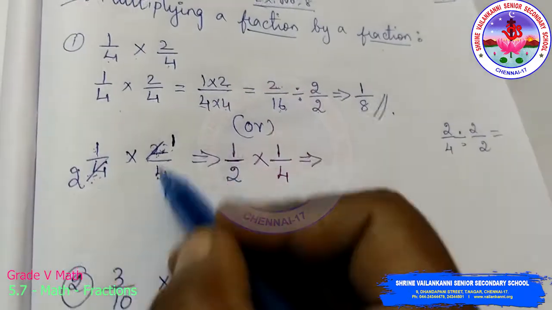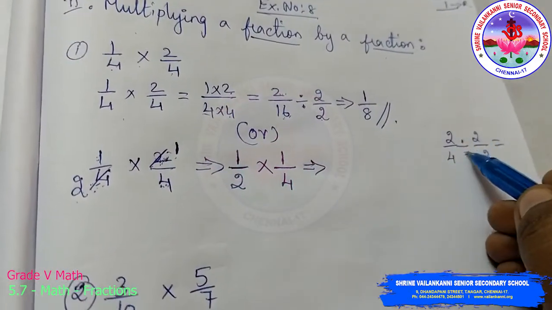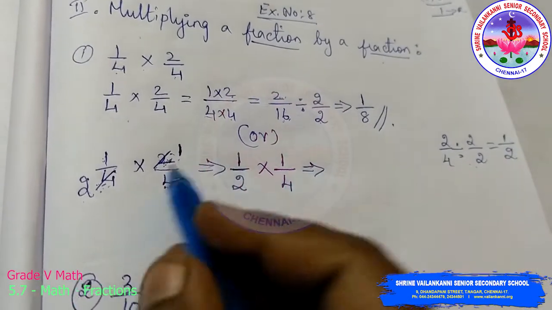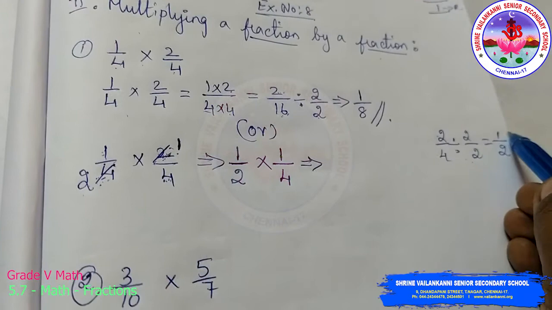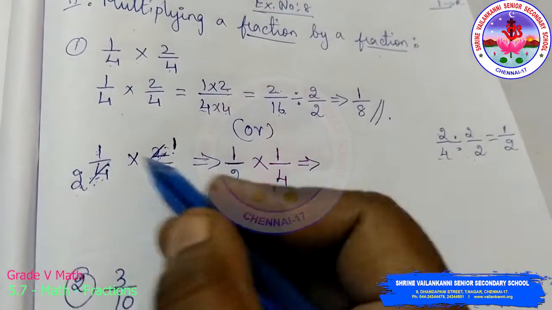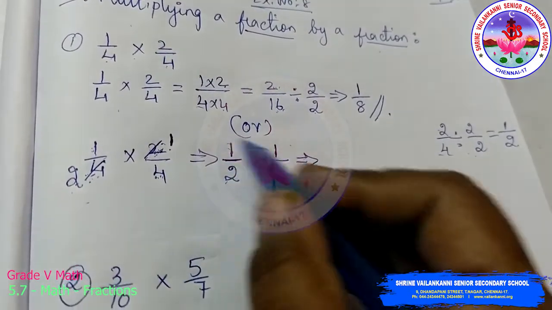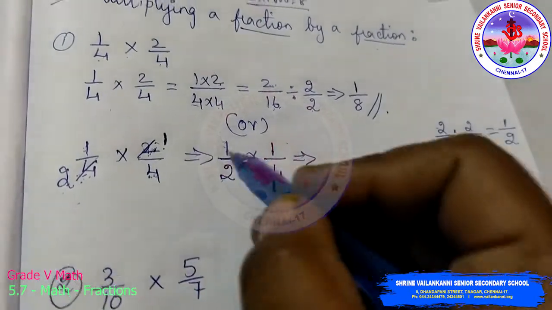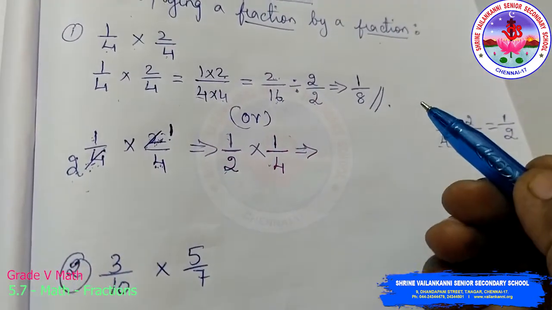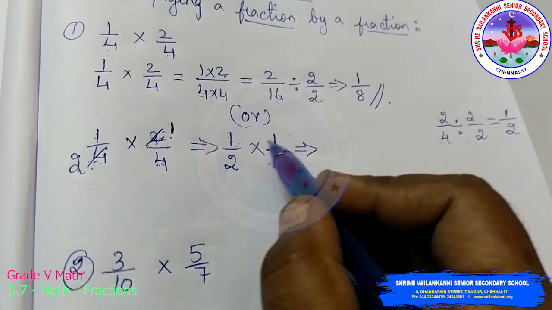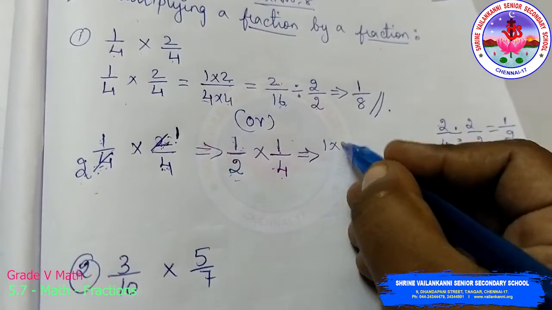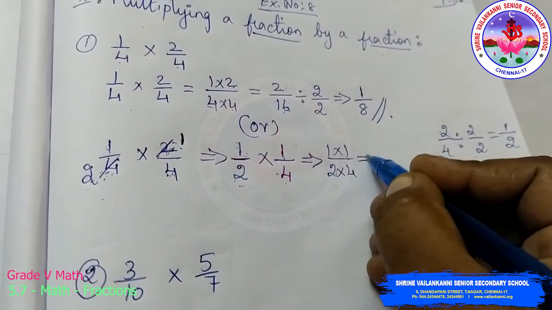I just did a mind calculation here. I am showing it here: 2 ones are 2, 2 twos are 4. That is what I have written. Instead of 2, I have written 1. Instead of 4, I have written 2 here. So now after simplifying, again you can check with the cross numbers whether you can do any division. So here I cannot do more than this. Simplification is not possible. Now I can multiply the numerator and numerator, denominator and denominator. 1 into 1 by 2 into 4.